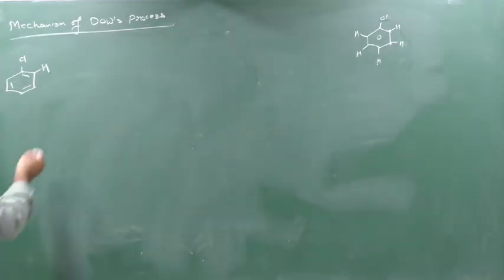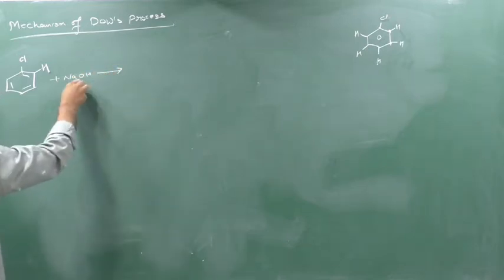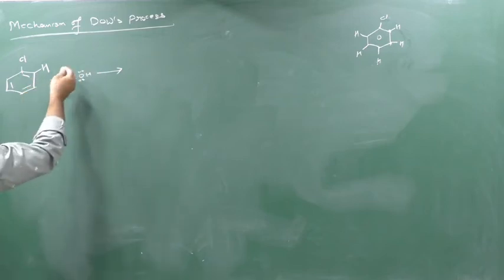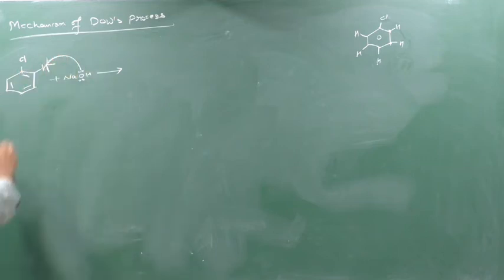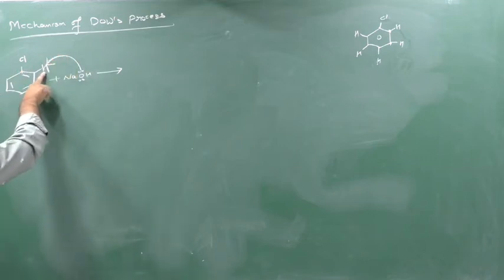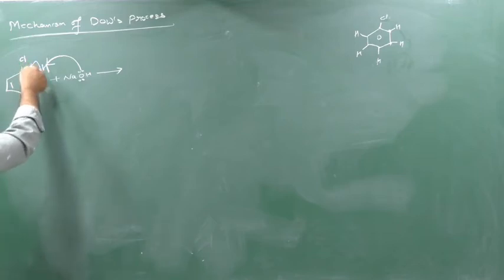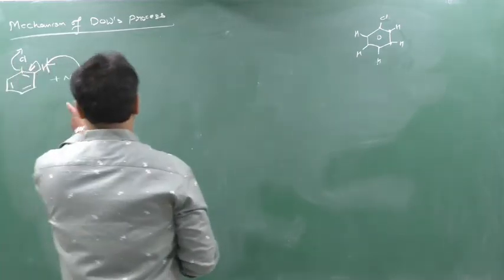So in the first step, NaOH will come. Now this oxygen has 2 lone pairs. This hydrogen is an acidic hydrogen, so it can be removed easily as H+. So this oxygen will start to give its lone pair to this hydrogen. This hydrogen will be attracted towards this oxygen and release this place, and the bond will shift here. When a new bond is forming here, the old bond should be broken. So Cl will be released as Cl minus. So now what will be generated? See, first we will see here.